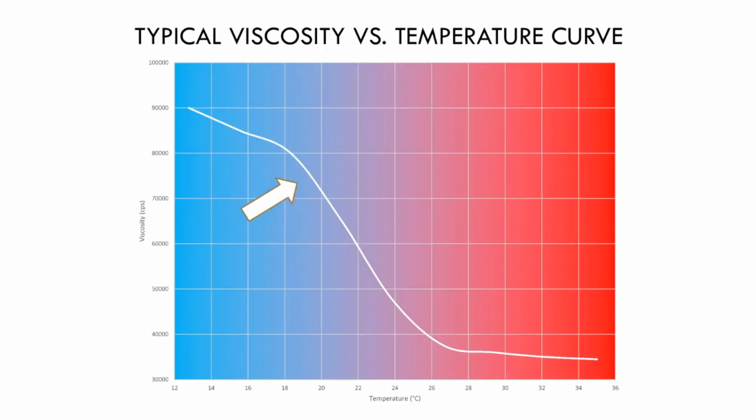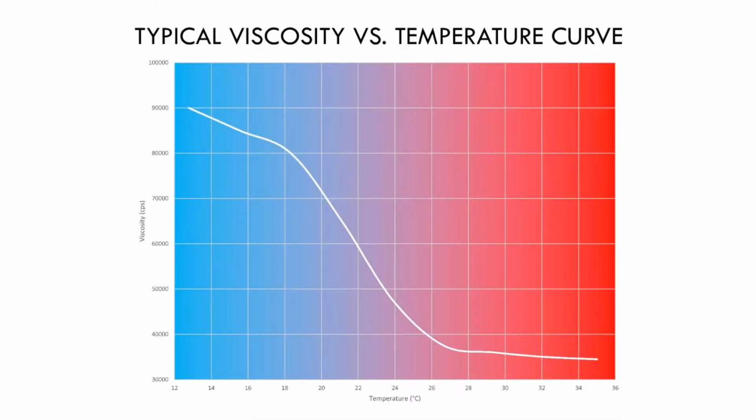So here's the viscosity versus temperature curve for a typical sealer, but it could just as well be an adhesive. It's the curve we're all familiar with. When the temperature increases, the viscosity decreases, and conversely, when the temperature decreases, the viscosity increases. As we noted, this is common for all liquids, but if we compare this to common paints, for instance, we can see a stark contrast. Common paints will run in the range of 50 to 350 centipoise. Here we see that sealers and adhesives run orders of magnitude higher, often falling into the large range from 30,000